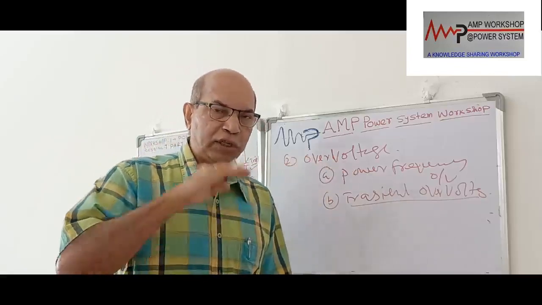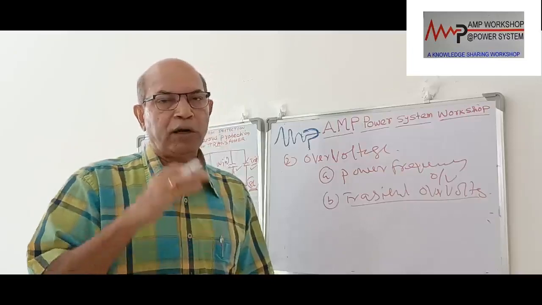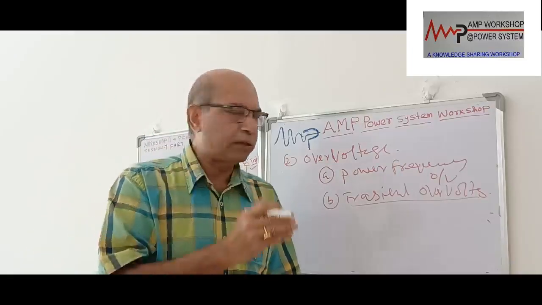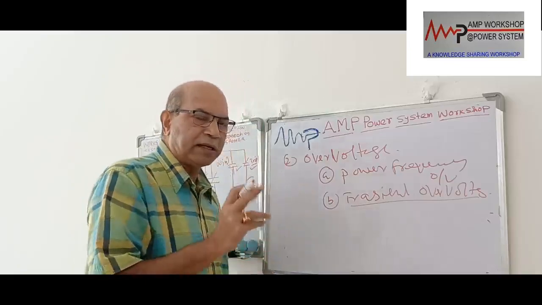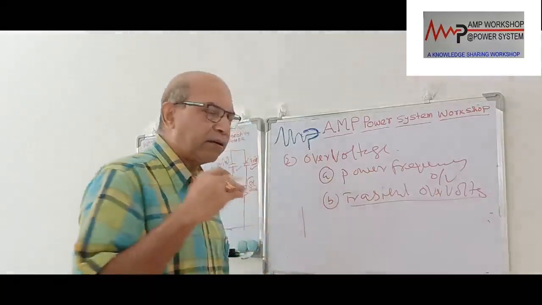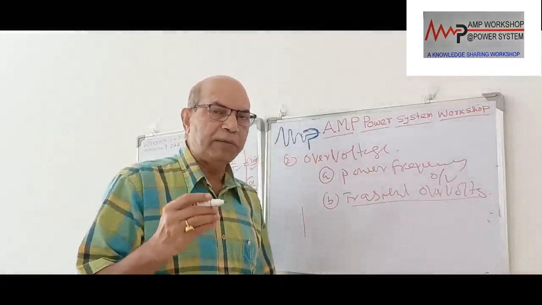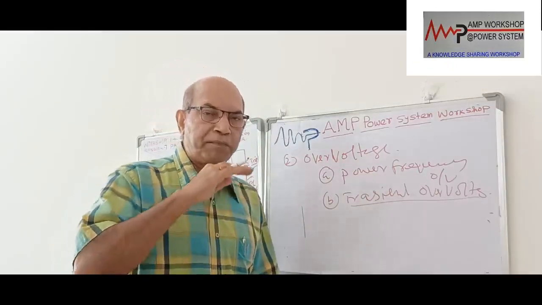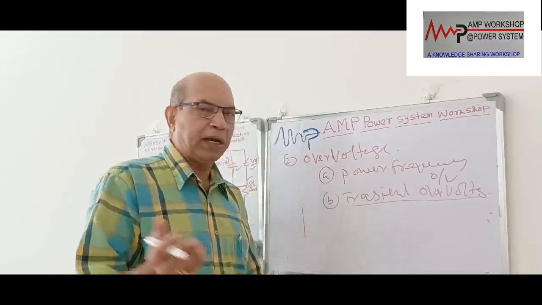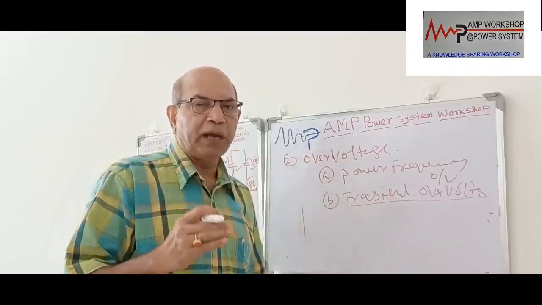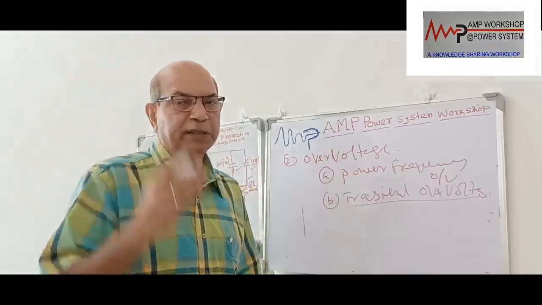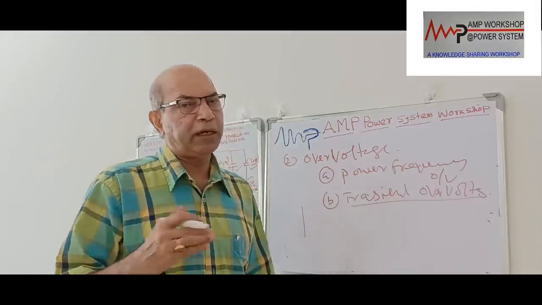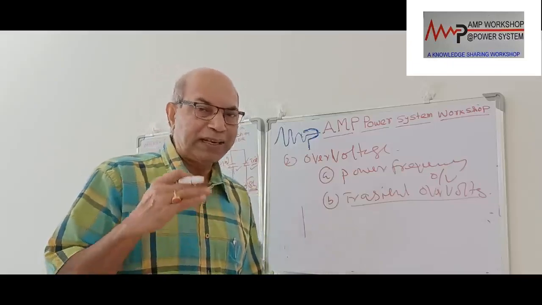Then there is the switching voltage, depending on the position on the transformer where you are switching. When you close the switch, what is the voltage profile at that time? Depending on the voltage profile, there could be a chance of over voltage. Then during breaking of the current, when the breaker gets opened, there is a chance of current chopping. Suddenly the current gets chopped, which can cause over voltage in the transformer. These are the transient over voltages.